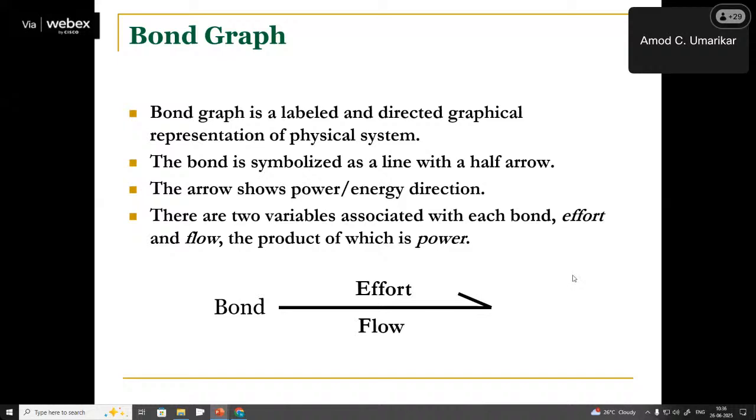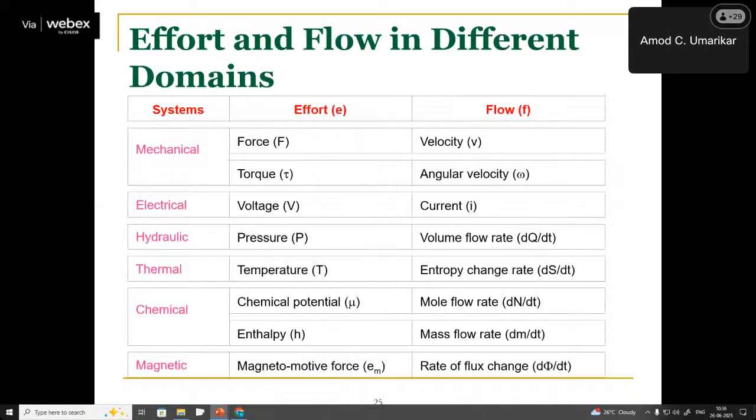So there are two variables with each bond, effort and flow, the product of which is power. I am repeating this again and again: this bond is represented with a half arrow to differentiate between signal and power flow. There are two variables associated with each bond, effort and flow. That's the main idea. We can have multiple domains, where effort is force in mechanical,